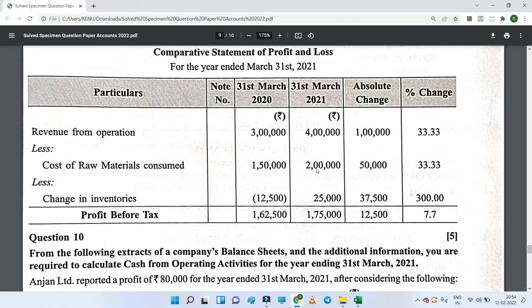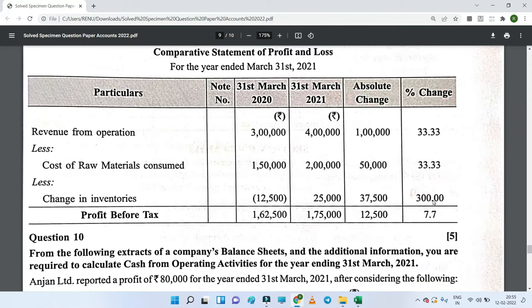You know that minus minus becomes plus. So the brackets will be removed, those two minuses become plus and it will be added to 25,000, and your value will come as 37,500. Now 37,500, that is the absolute change, divided by base year value, that is 12,500, into 100, that will come